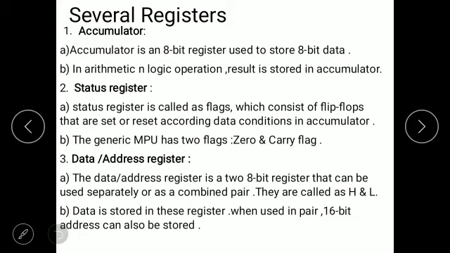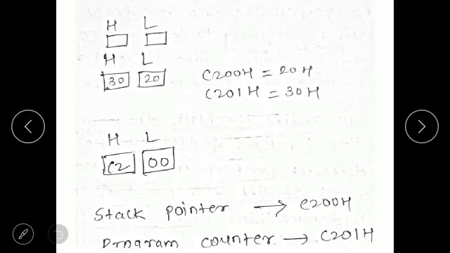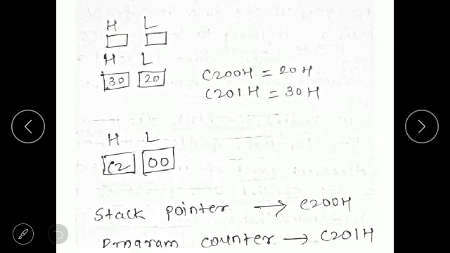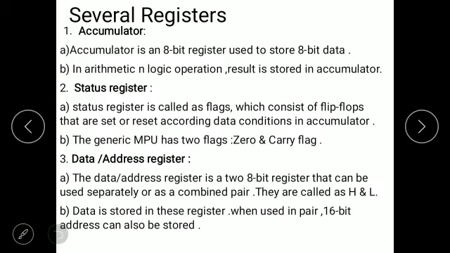The second is your status register. Here if you see the block diagram, here is your status register. A status register is called flags, which consist of flip-flops that are set or reset according to data conditions in accumulator. Or we simply say, whatever result is present in accumulator, according to that result your flags are set or reset. The generic microprocessor has two flags, zero flag and carry flag. What exactly zero flag and carry flag mean, we will discuss in the next video